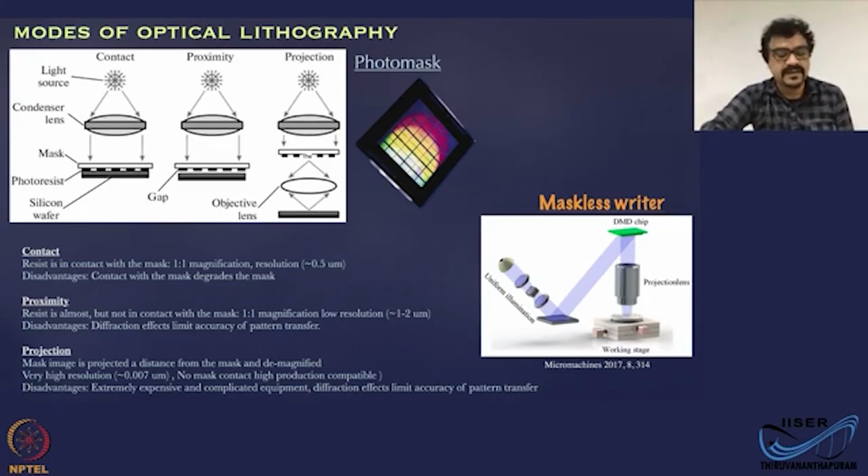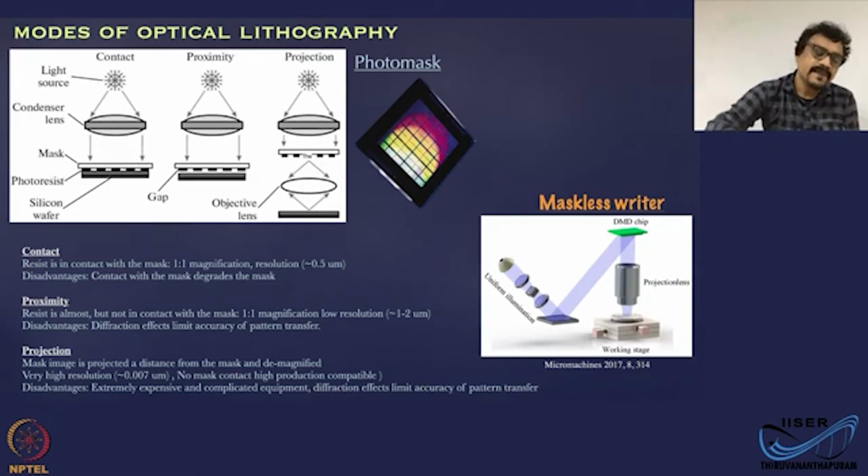Recently another method has come up, which is called maskless lithography. There is no mask at all. What you have is something called a DLP chip. It's actually made of micro mirrors, and you can control these micro mirrors using a computer. This is what is there in your DLP projector. So whatever pattern you feed into the computer, these mirrors can align and project